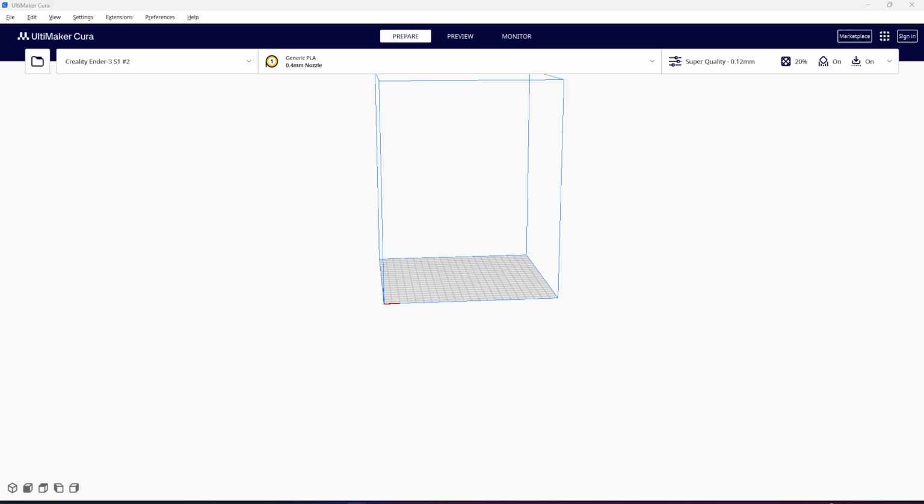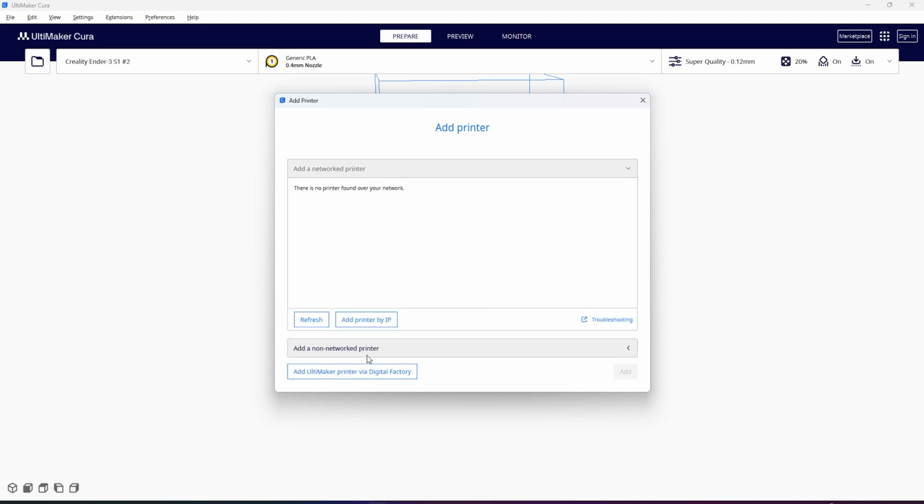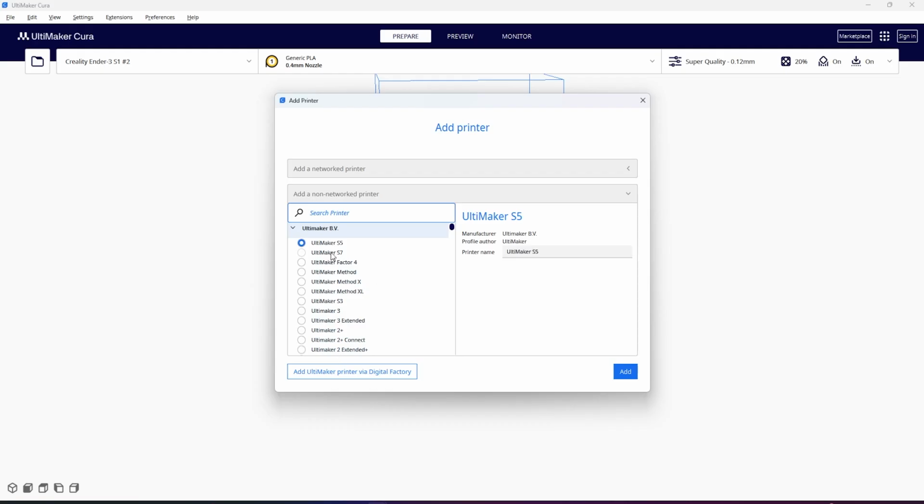If this is your first time, you can skip through the sign-in prompts until you get to the following screen. Otherwise, go to Add Printer and wait till you get here. Once here, we're going to go to Non-Ultimaker Printer, add a non-network printer, and then we'll get a list of